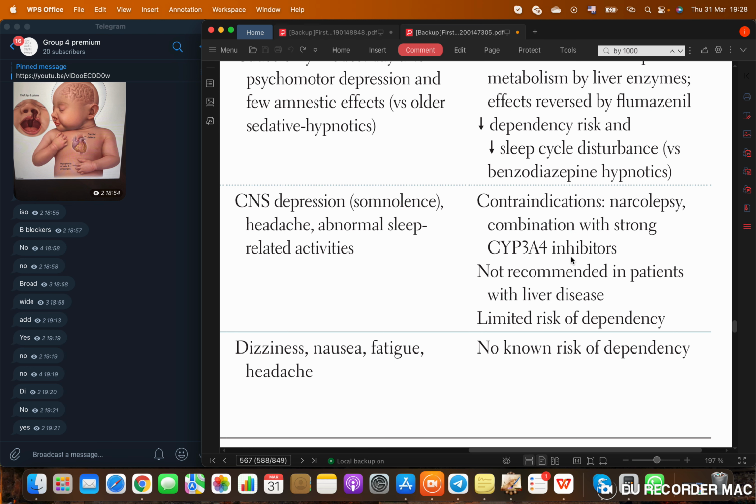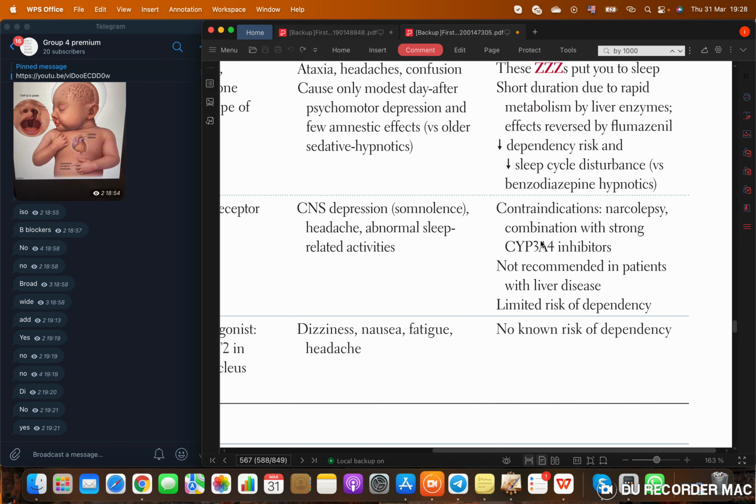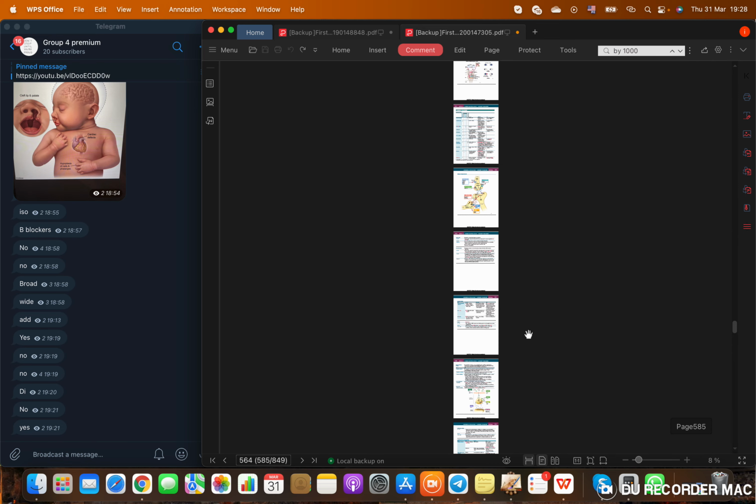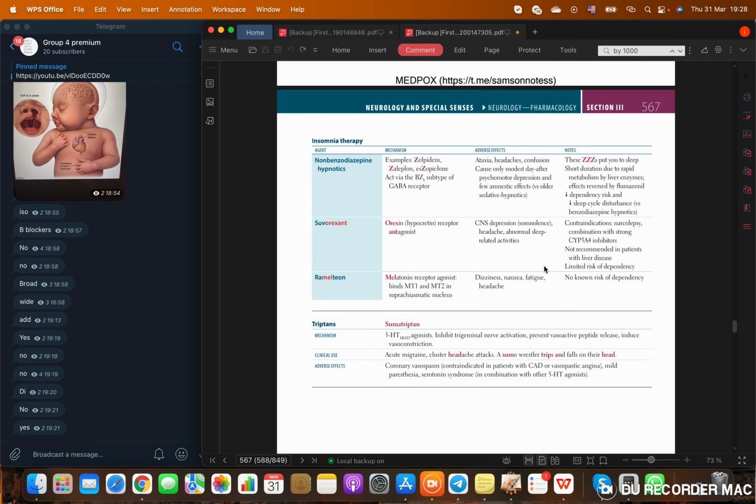Combination with a strong inhibitor of cytochrome 3A4 is not recommended. This is just a subtype of the cytochrome P450. Also not recommended for patients with liver disease because of the first pass through the liver. Limited risk of dependency, that's good. Okay,